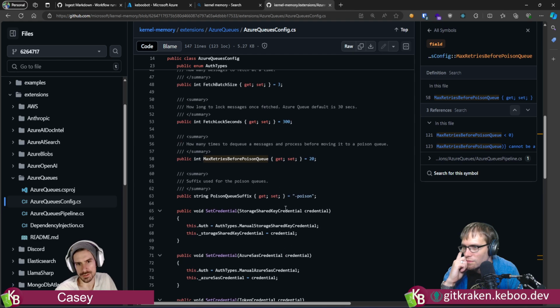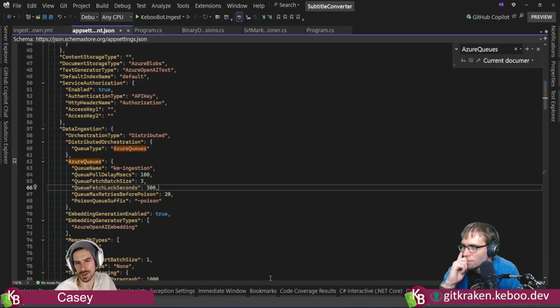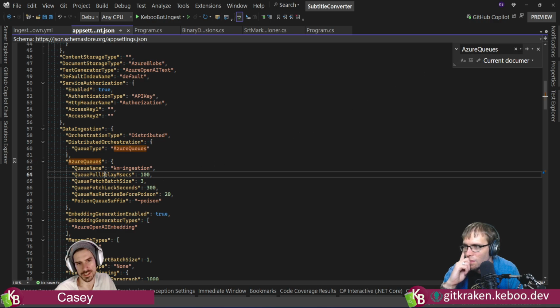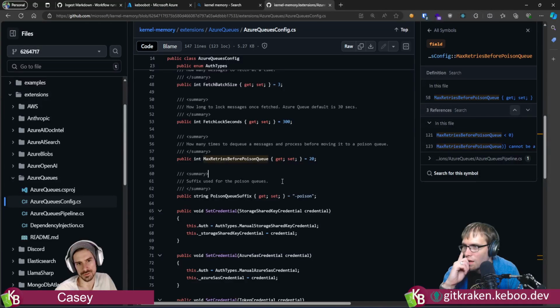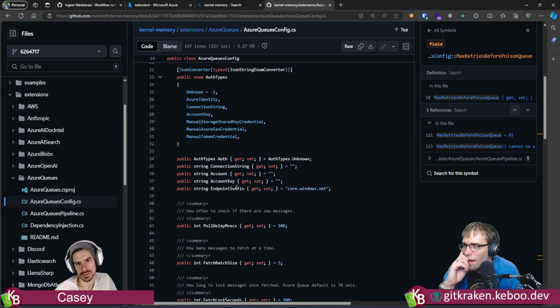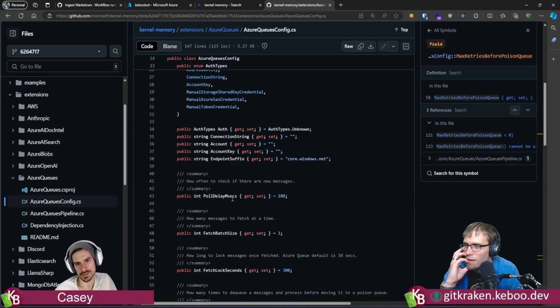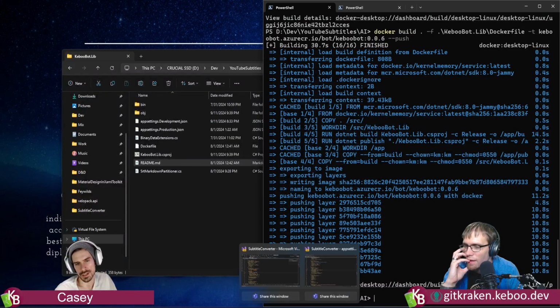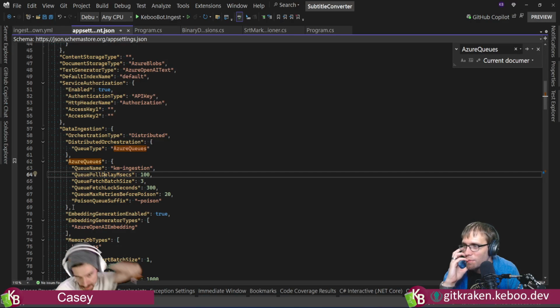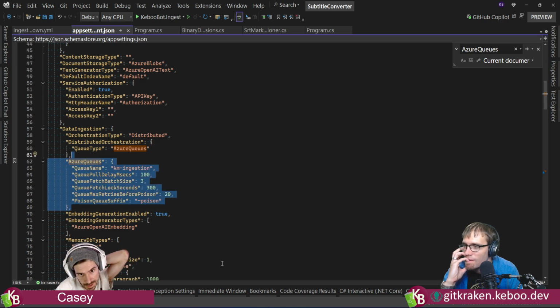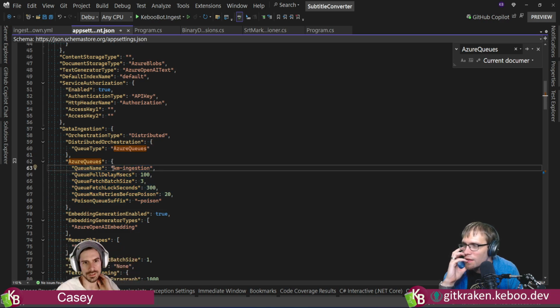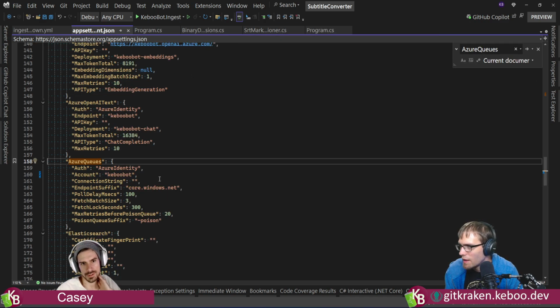But what's interesting is if you also go back to our config, though I don't think it matters. I think we have the wrong names there. There's your queues. The queue pull delay milliseconds, queue fetch batch size. Oh yeah. And I'm wondering if it's going to read from that other one. Like, I wonder if we need this block. Yeah, that block, because we added that block, right? This block was not here. The thing is, where would the queue name come from? The queue name would have to come from. Let's see, we have queue name down here.